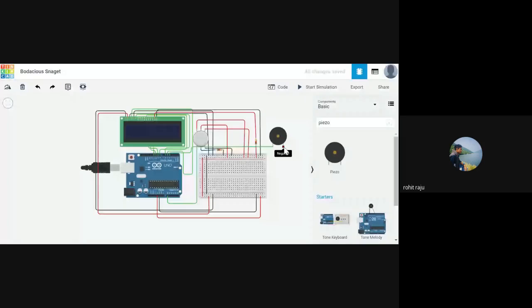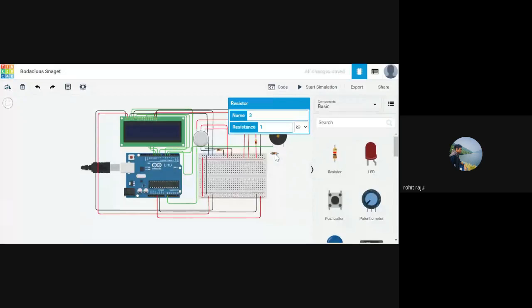Wait, let me delete it. Let's bring another resistor. Actually, you don't need resistors as this is a simulation. Even if there is any problem, the simulator manages by itself. But it's a good practice to use resistors because when you do it in real life, you may face a problem. So that's why I'm using resistors. If you don't use them in the simulation, that won't be a problem, and your board will be safe as it's a virtual thing. Yes, let me make it black.